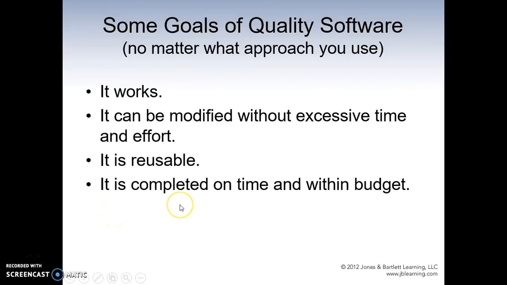And it's completed on time. When is the due date? That's a due date. It cannot be extended, because when you extend it, we have to pay you more. That's over budget. Alright, and we cannot deliver to the customer on time. We lost